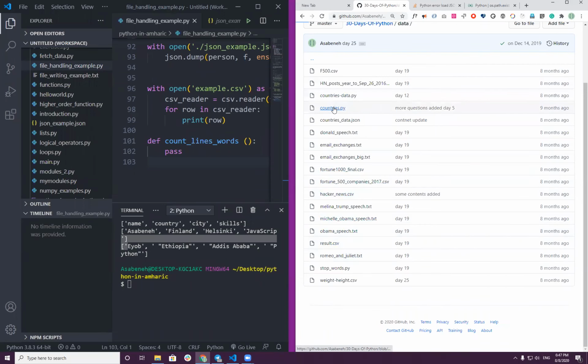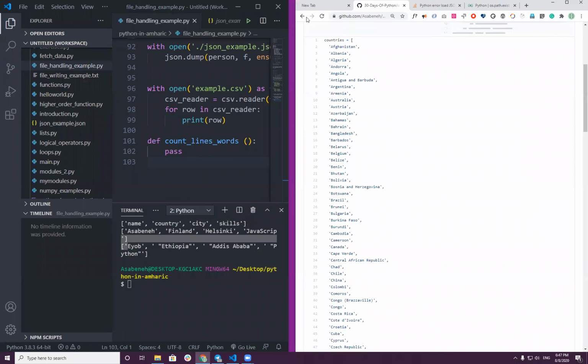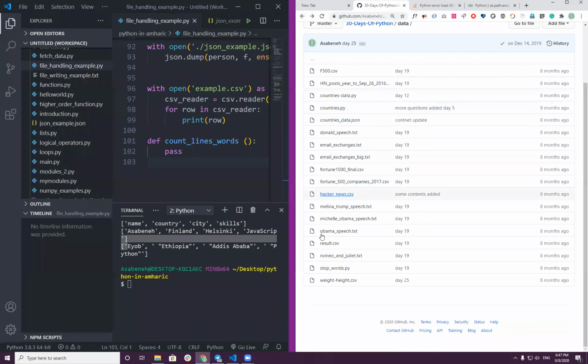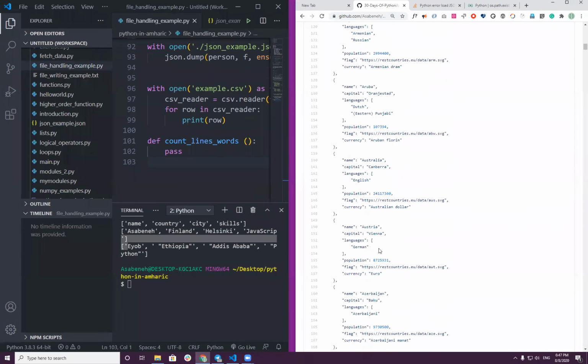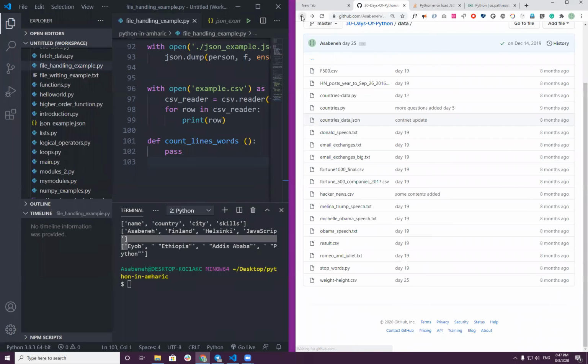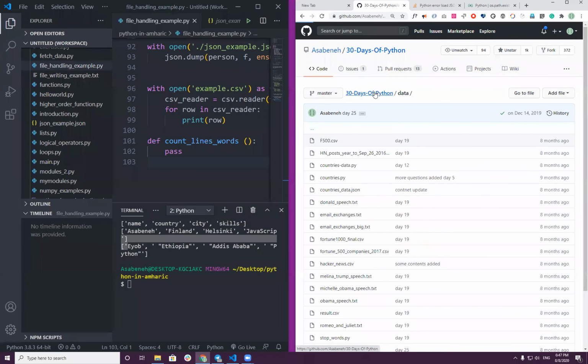ለምሳሌ countries ከፈለጋችሁ እዚህ ጋር አለ፤ JSON ፋይል ደግሞ countries.json ይሄ ነው። Great. ይሄን መስራት ከቻላችሁ I think that means you know something. ለኔ ብዙ ነገር ታውቃላችሁ ብዬ ነው ማስበው።